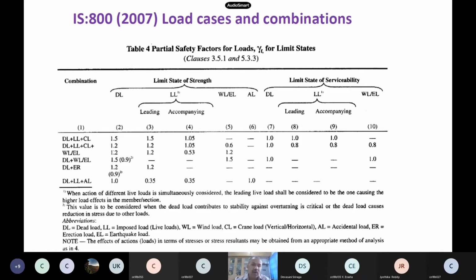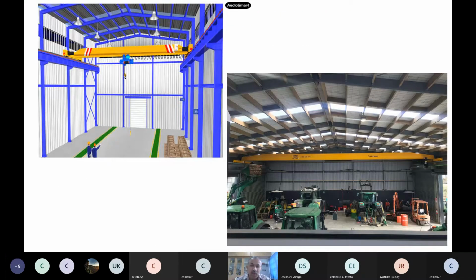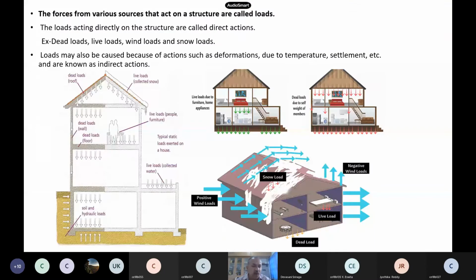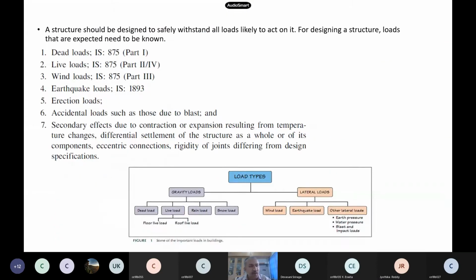So we were looking at how to calculate these loads, slowly, one by one. The crane load is very important for gantry girders and others. Suppose you are doing multi-story buildings, then this crane load may not be required. Then dead load we discussed in the last class. IS 875 part 1 you have to use to calculate the dead loads. Another most important thing we discussed was that the structure will be subjected to horizontal and vertical loads. Vertical means dead load, live load, rain and snow, but wind and earthquakes become horizontal forces. They are not vertical forces.